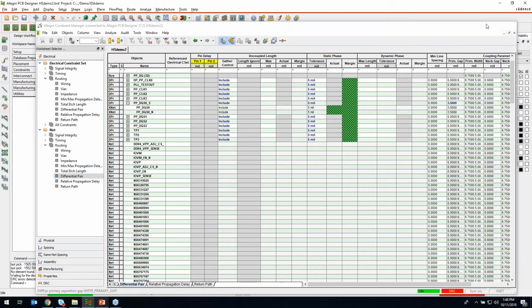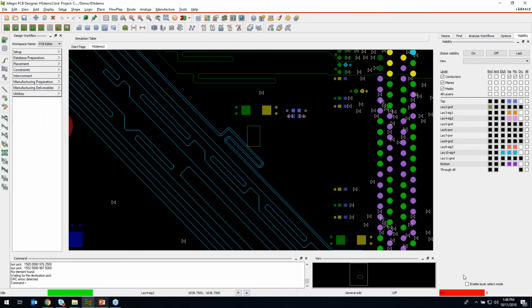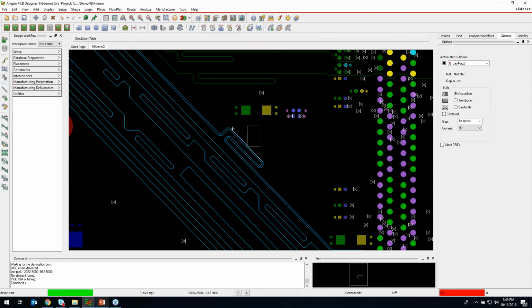What I can do here, and pay attention to this lower right corner, because as I begin to alter this particular bus, you'll see basically a heads-up display come up and show me how what I'm doing with the route is affecting my phase. So to make sure I'm not in any kind of mode. So what I'm going to do is go into a delay mode, so I can add delay in here, and you see that heads-up display come up, and I get a static phase reading where I'm really altering the static